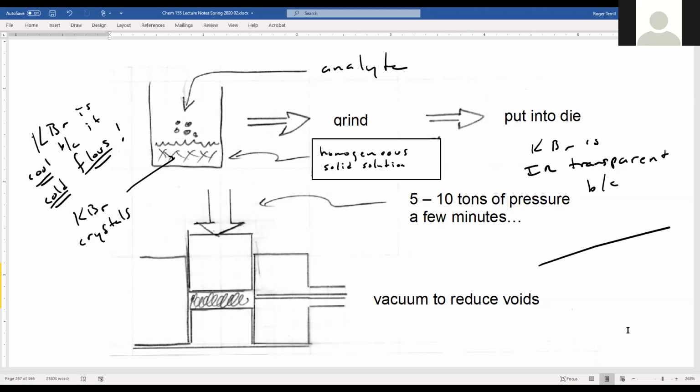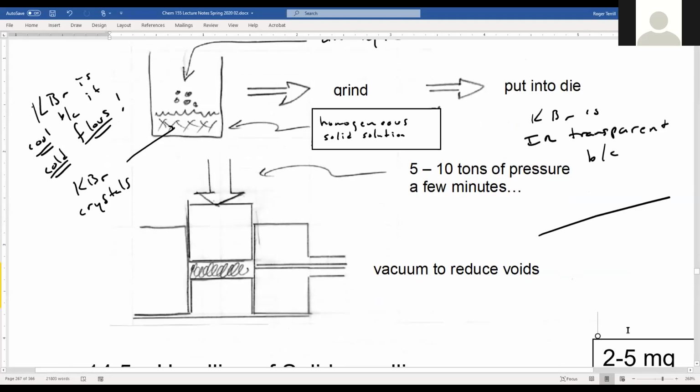Okay. Why is KBr infrared transparent? Because what are the two things I mentioned earlier at the beginning? Two things that determine the intensity of an IR band. There's the effective mass and the bond strength, right? So let's see here. Effective mass